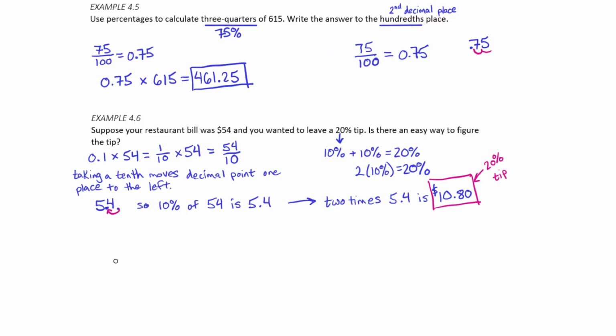If you want to leave a 15% tip, you can use the same technique. Get 10% by moving the decimal in the total 1 place to the left, and then in your head divide that roughly in half. Add the 10% to the 5%, which is half of 10%, and you will have 15%. 20% is just easier because you move that decimal place 1 to the left, double the resulting number, and that is 20%. No app needed.